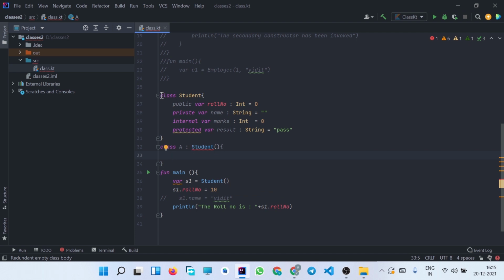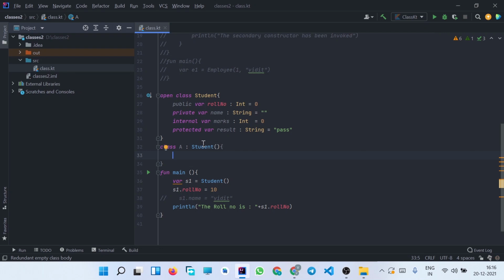So it is saying that the student class is already final. In Kotlin, by default, all the classes are final. Final means they cannot be changed in future. Before inheriting these types of classes, we first need to write the open keyword before the class. Now we have written the open keyword, and you can see that the error has gone. This open keyword simply allows this class to derive other classes from it.